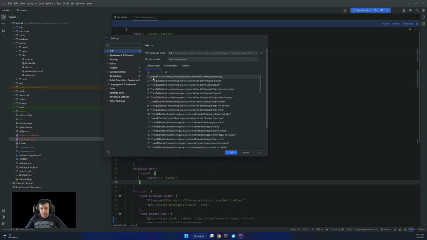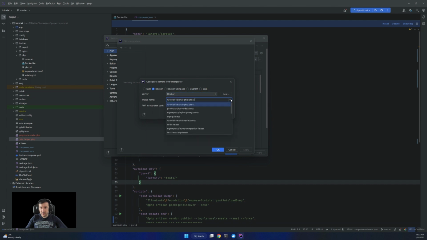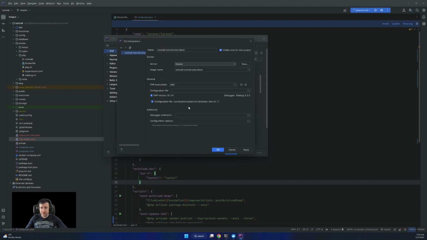The next step is to configure PHP unit and PHP to recognize the IDE. So I'm going to go to settings and say the CLI interpreter will be from Docker. So I go from Docker, I say it's in Docker. Actually, it's in Debian. Nope, in Docker, my bad. The image I want to use is tutorial PHP latest, and the PHP interpreter path is PHP. So it's checking. Alright, it's connecting to Docker and we'll see it detected 8.1.14.